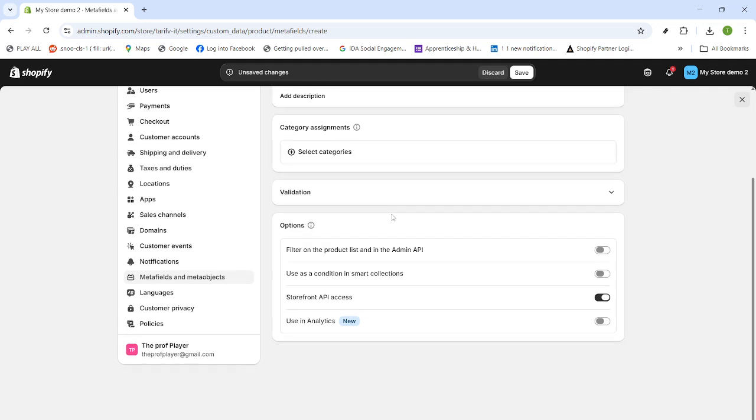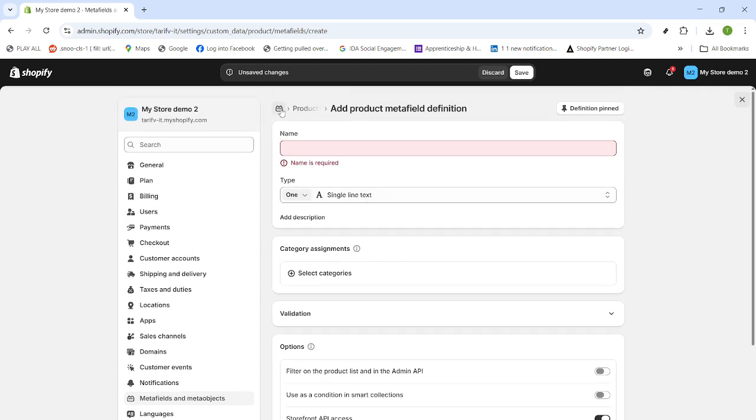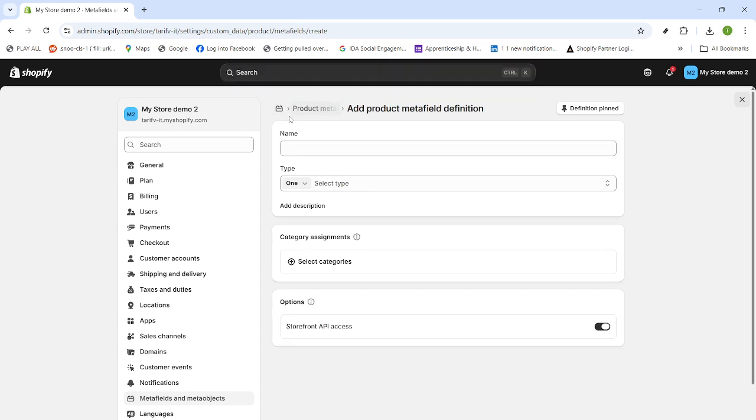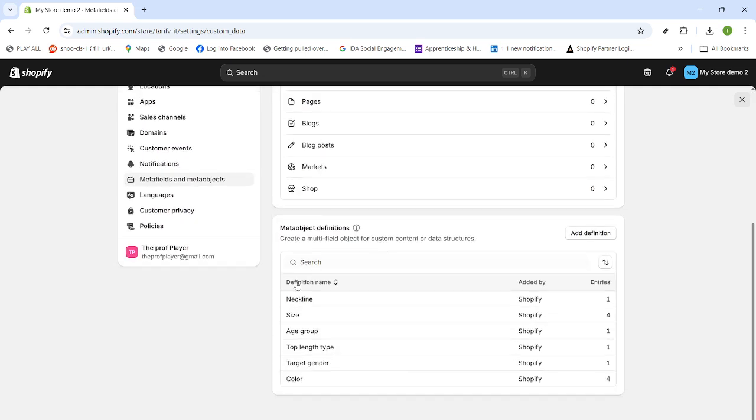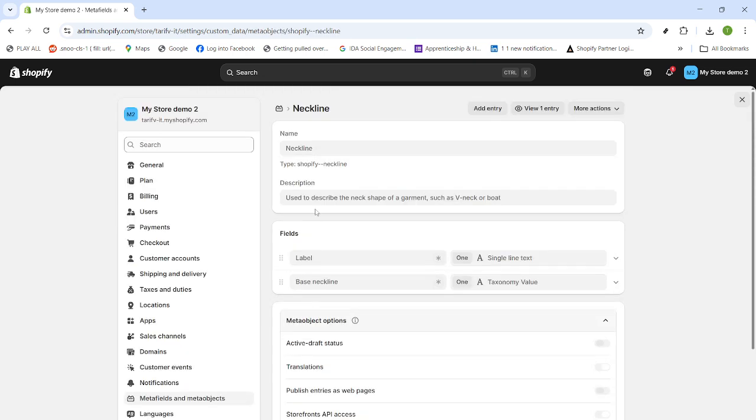Now, let's switch gears to Metaobjects so you can see the difference. Go back to the Custom Data area and open Metaobject Definitions. Click Create a multi-field object for custom content or data structures. Unlike a single metafield, a metaobject is a reusable content type with multiple fields that you can relate to many products. Think of things like designer profiles, ingredient blocks, size guides, or, in our example, a standardized attribute from Shopify's